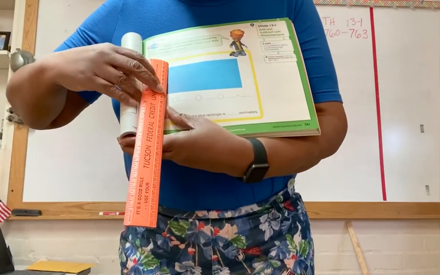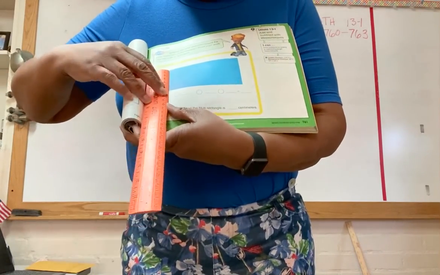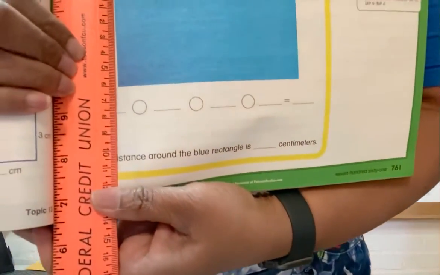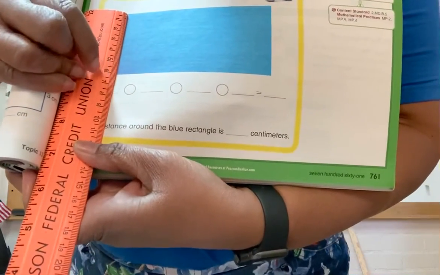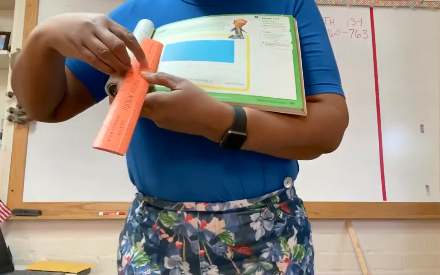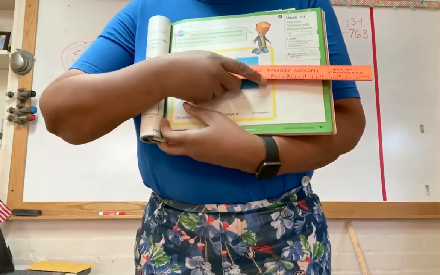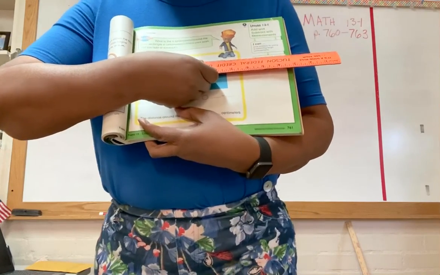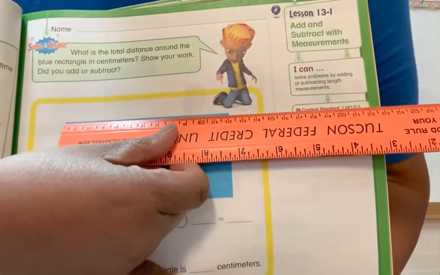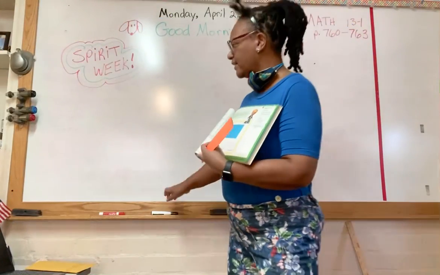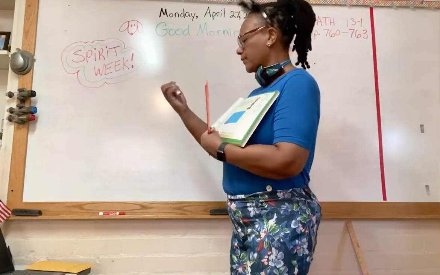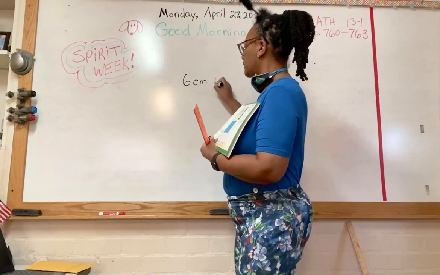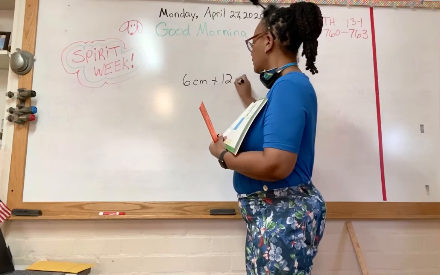So let's put it here. Remember to put it at the end corner there. And what do you see? Looks like how many centimeters? 6. And it's a nice rectangle going across here. We have 12, and let me write that down. So we have 6 centimeters plus 12 centimeters,